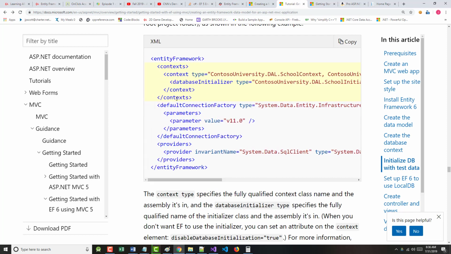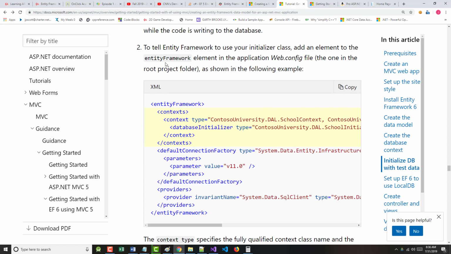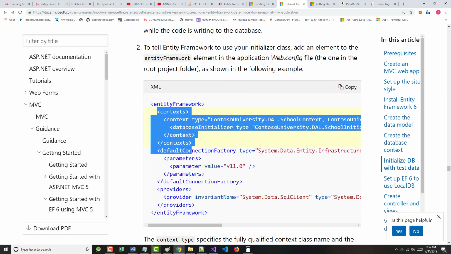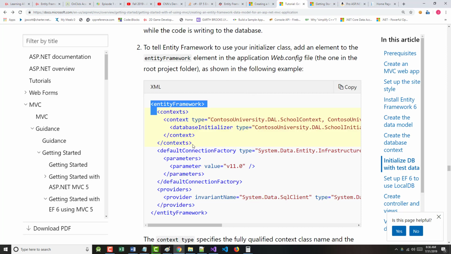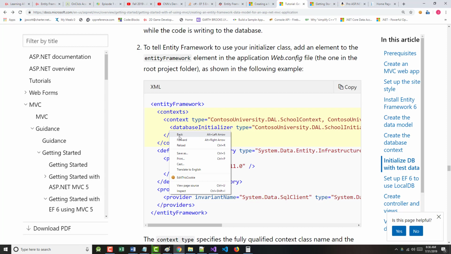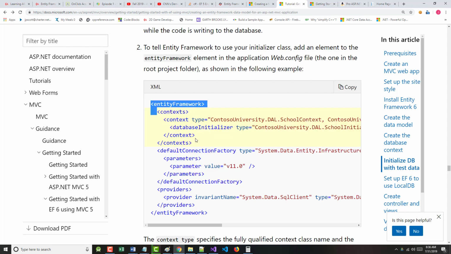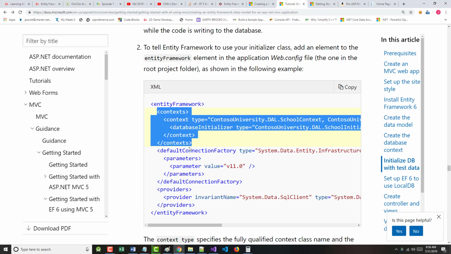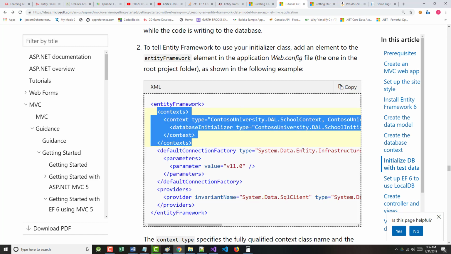some information. Okay, so it says to tell the Entity Framework to use your initializer class, add an element into the Entity Framework element, as shown in the following example. So I guess we're supposed to add this. Okay, so